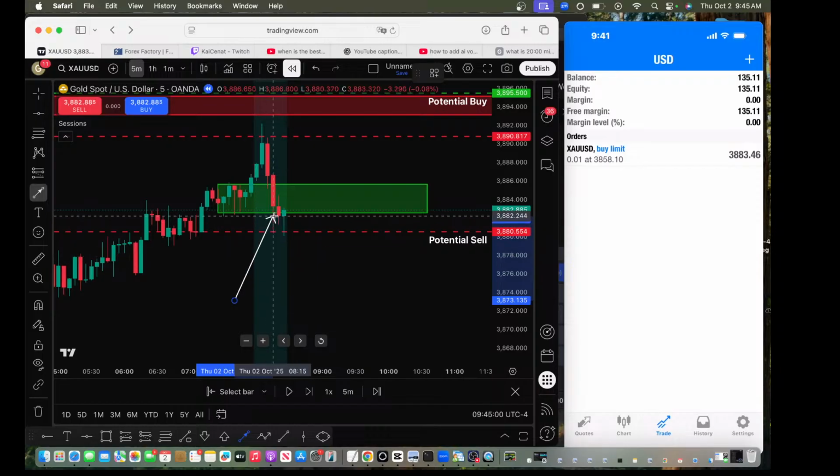Basically, when price breaks below a zone, if there is enough pressure in the market, it will literally just fall. There was not enough pressure in the market at that moment, so the next candle said, hey, the buyers are still in control, so we close back above the zone or into the zone.